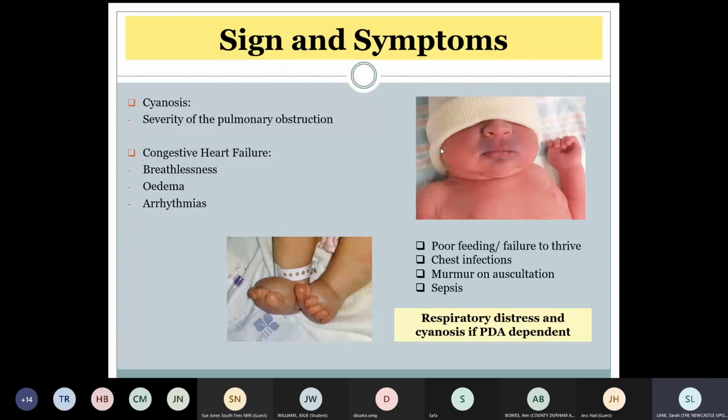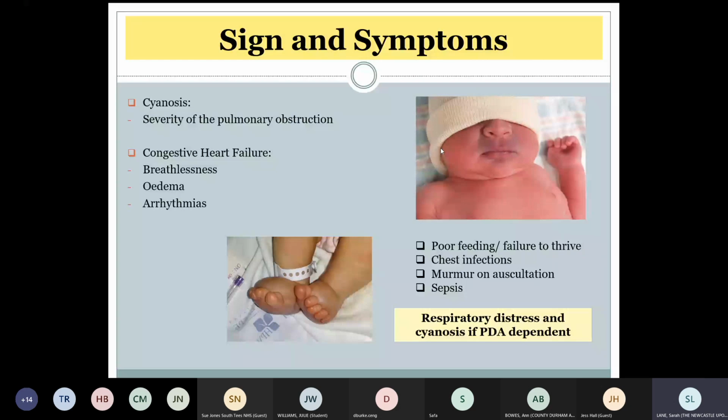Some key signs and symptoms. So these can very much depend on the severity of this defect and the effect of the pulmonary stenosis, the size of the VSD, and the pressure that's going to be exerted onto that right ventricle. Cyanosis is obviously a key sign of Tetralogy of Fallot. Again, the degree of which will depend on the severity of obstruction and that degree of mixing of oxygenated and